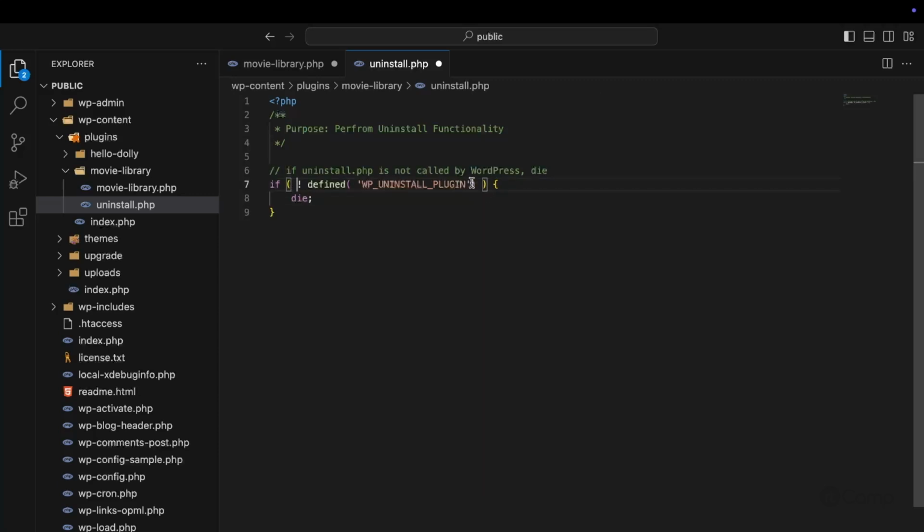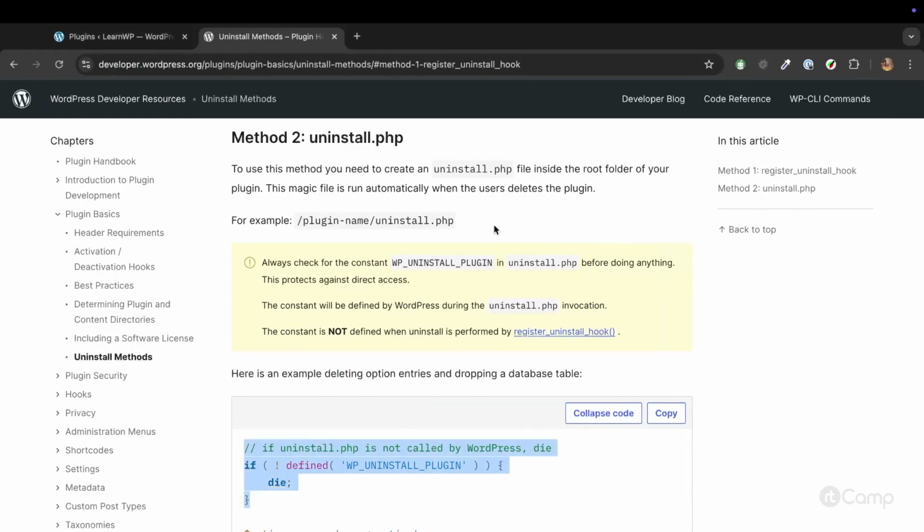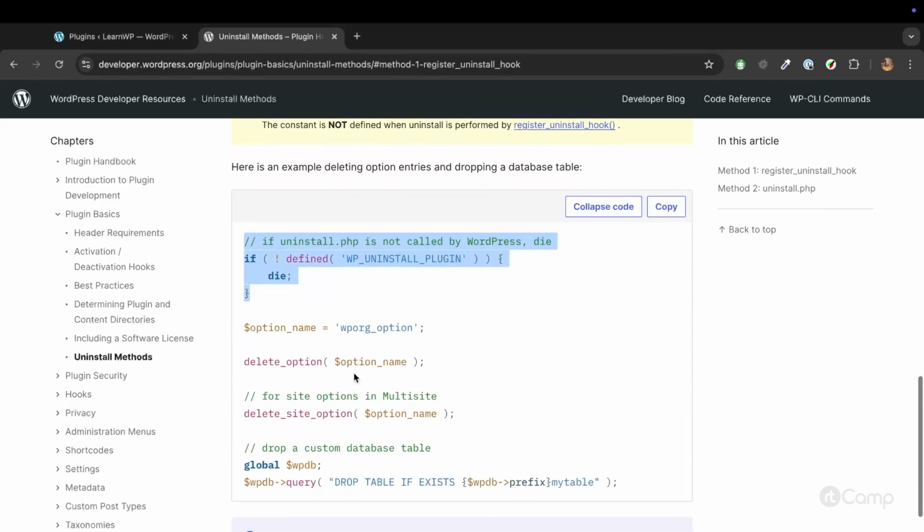I am following WordPress coding standards, ensuring proper spacing and formatting. If this file is called directly and the constant is not defined, the script will exit without performing any actions, which protects user data. As I mentioned earlier, in the uninstall method, you can delete options, drop tables, and perform various cleanup tasks. So we have two uninstall methods, the hook and the